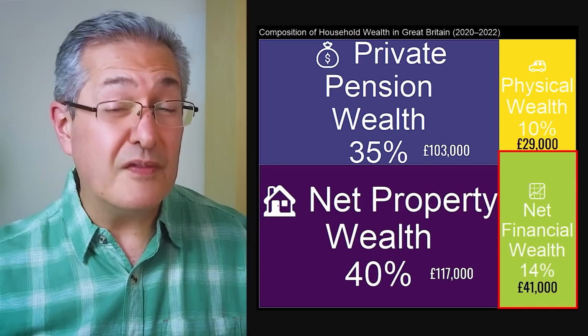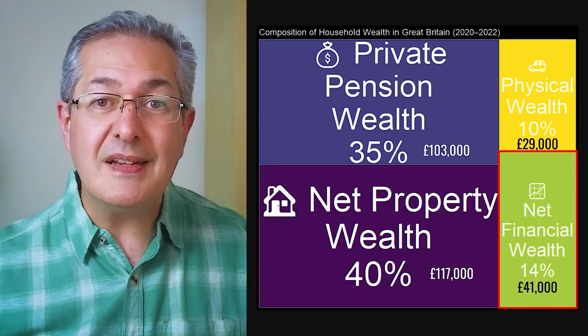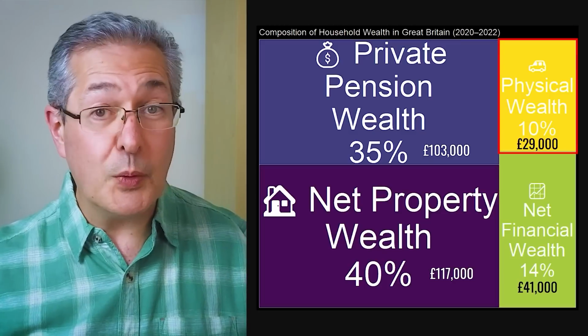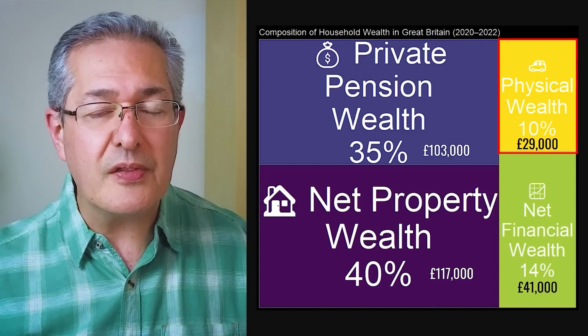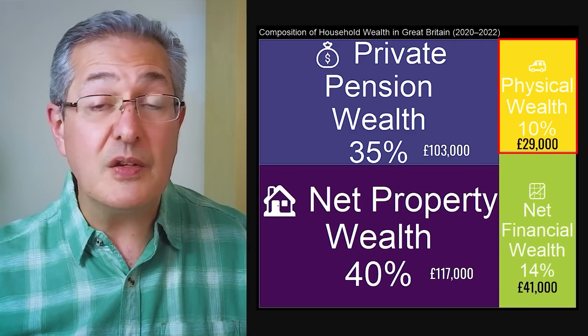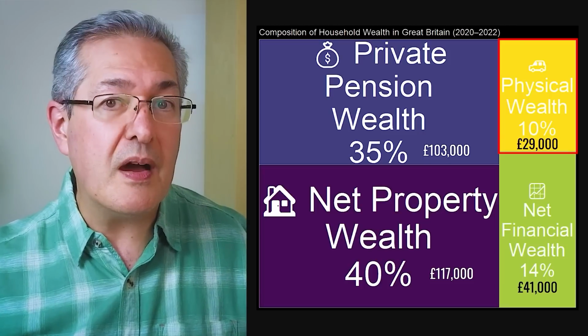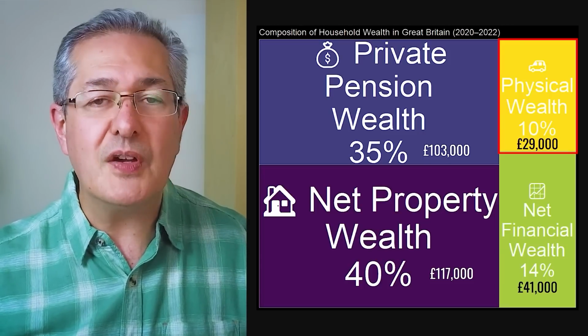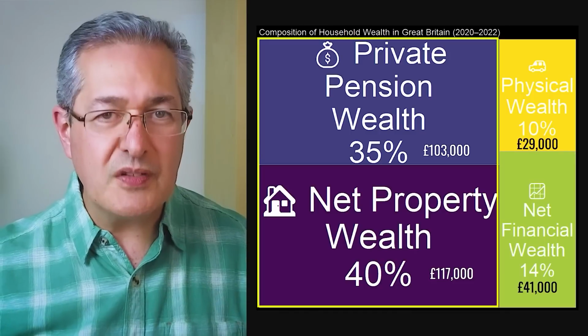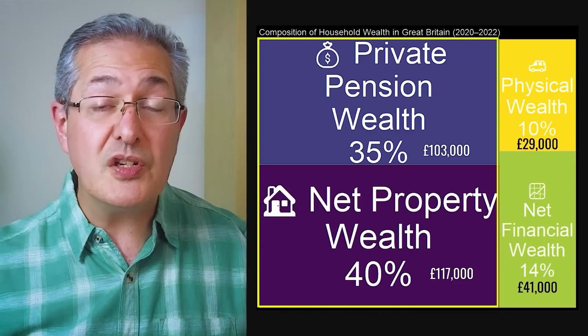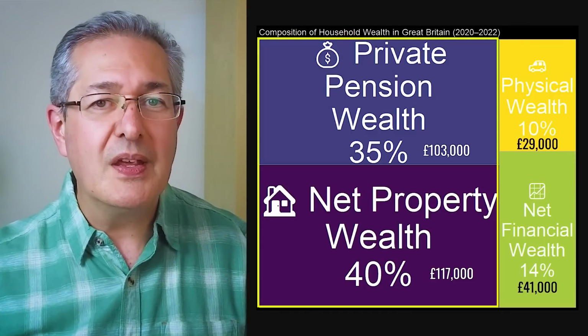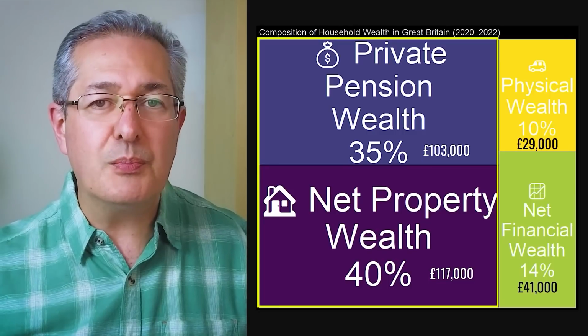Now that just makes up 14% of the median household's wealth, and then the smallest category is physical wealth. So these are the valuable things you own in your house, which in theory you could sell. That could be your car, jewelry, or furniture. But those 2 largest categories, your pension and your house, typically make up the vast bulk of wealth